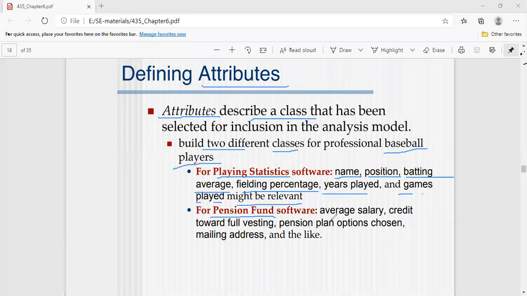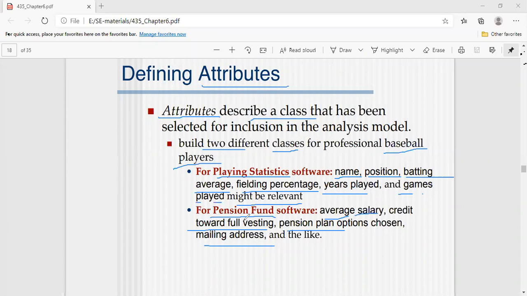The first attribute is the average salary, then credit toward full vesting, and pension plan, meaning which kind of pension plan we have issued to the particular player, and some address of that player. Like that, we define attributes related to a pension fund.